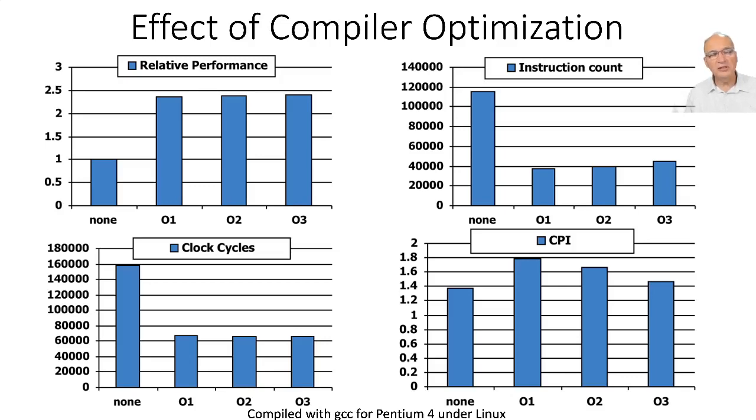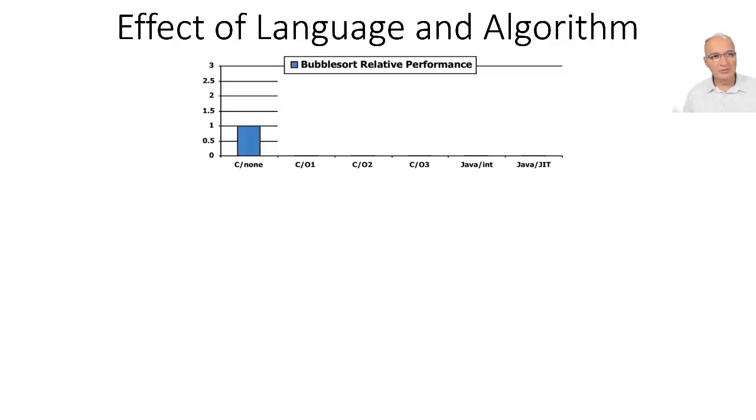And that's a very common thing that you observe as you do compiler optimizations or you try to improve the performance of code. So remember that CPI is the average number of clocks per instruction. So if I reduce the CPI significantly, even if that ends up being a slight increase in the number of instructions executed, that can be a win for performance. So this is what we can get. The relative performance between no optimization and some compiler optimization is about 2.3, 2.4 times.